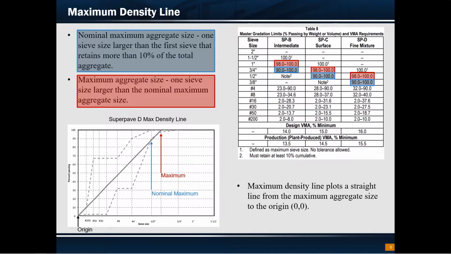So the maximum density line. Why is the maximum density line important? Well, the maximum density line is basically telling us how much room we have for asphalt, okay? The way that we